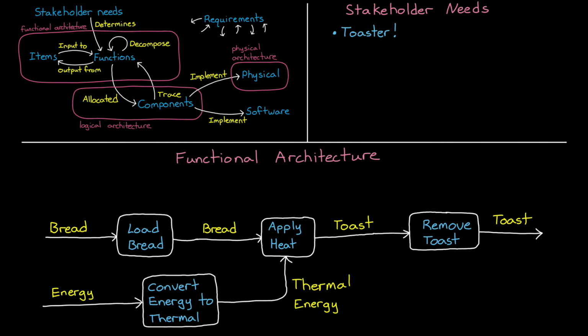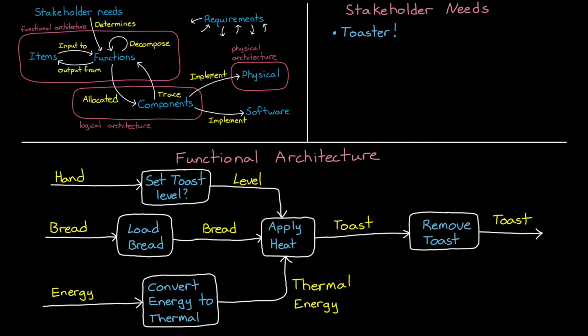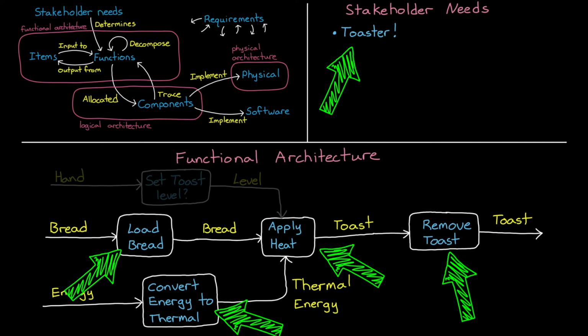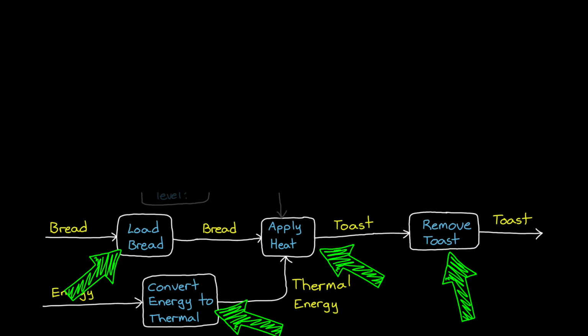Okay, so back to the example. How can we decompose these functions even further? Well, we might be tempted to add a function that controls how toasted the bread gets. But we have to be careful here because we don't actually know if this is in line with what the stakeholder wants. All we know is that they want a toaster, and the functions that we've identified so far are necessary for any toaster. We will have to load bread and apply thermal energy and remove toast regardless of whether